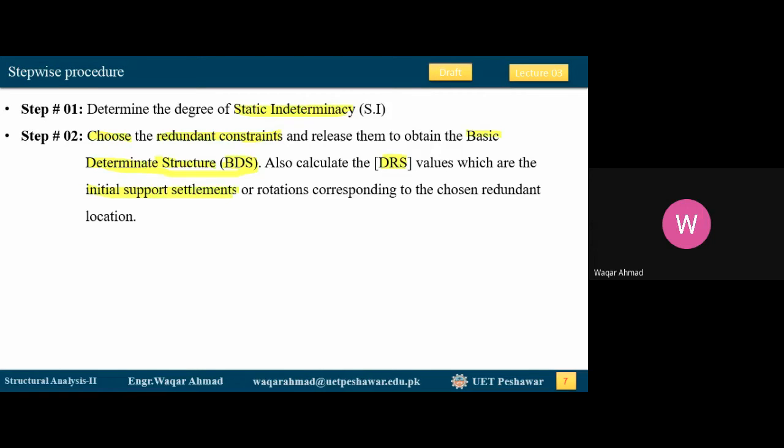If there is any support settlement or support rotation corresponding to the chosen redundant locations which you have released, you need to record those values in a matrix which you call the DRS matrix. Okay, so now in step number 3,